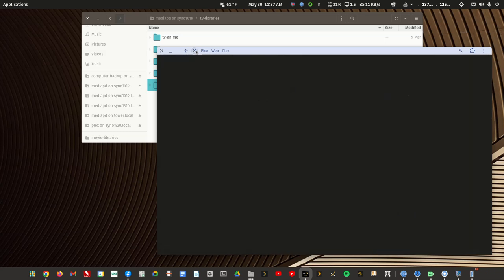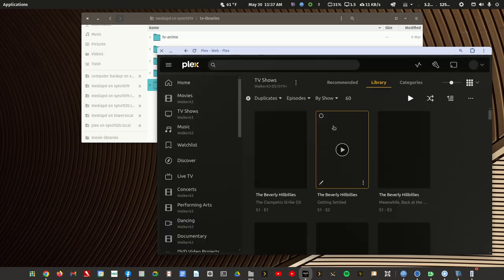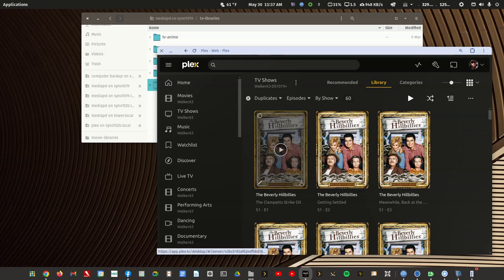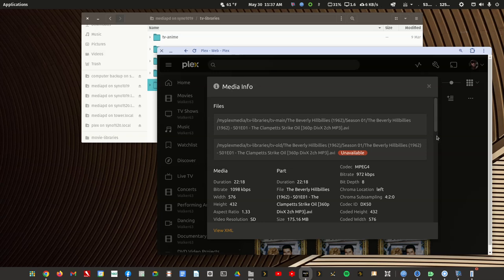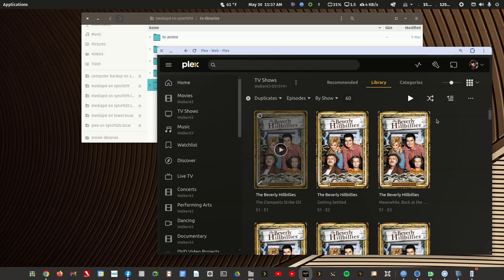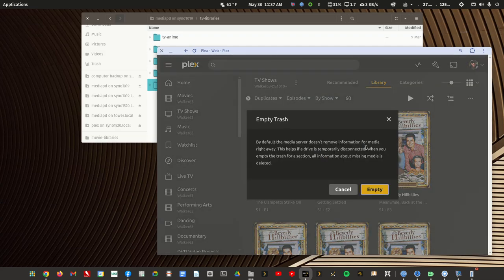So if I refresh Plex, this still won't have much of an effect besides to make it match yours. Now you see how it's unavailable. It's still listed as a duplicate, but it's unavailable. And if I go and just empty the trash,